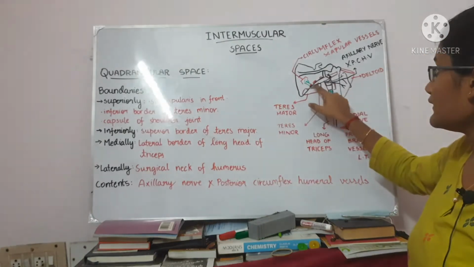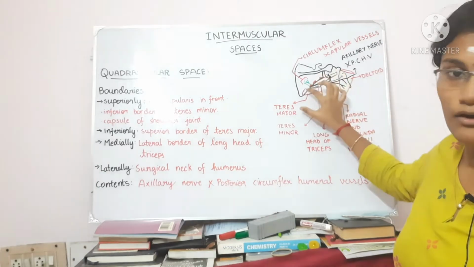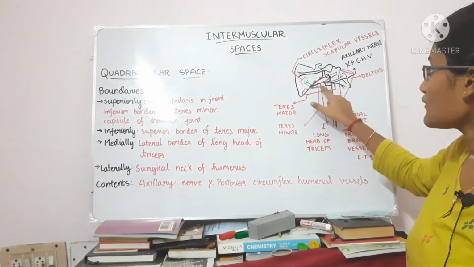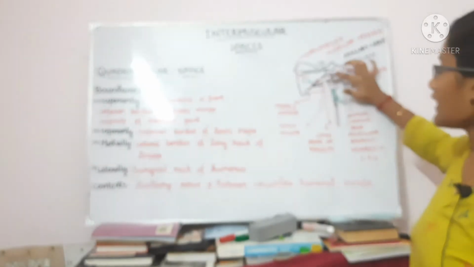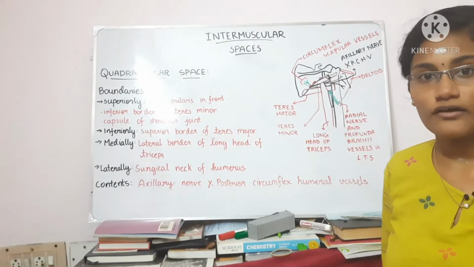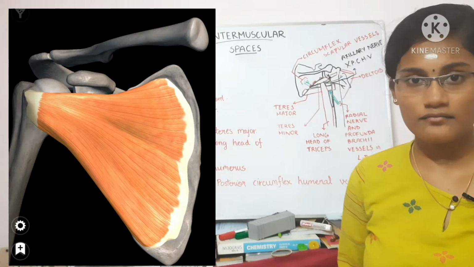Next comes the teres minor muscle. The teres minor muscle originates from the lateral border and it inserts into the humerus. While doing so, it crosses the origin of the triceps brachii, and also it covers the posterior aspect of the shoulder joint. So the anterior aspect of the shoulder joint is covered by the subscapularis muscle.